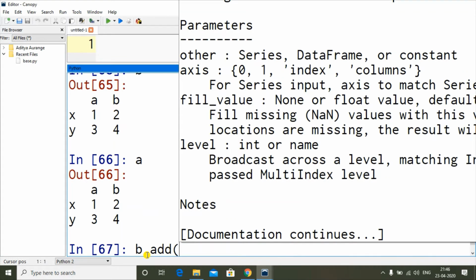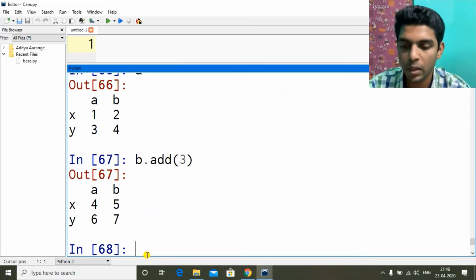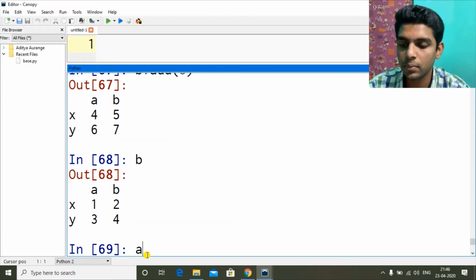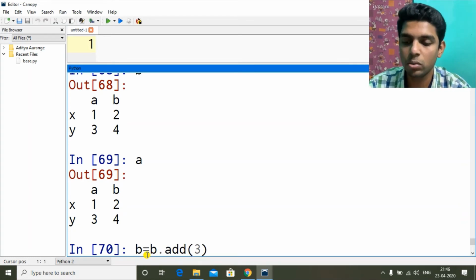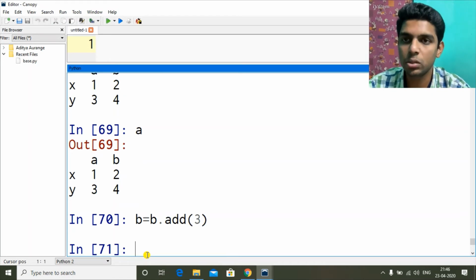Now if I give 3, B is this, A is this. As I said, when you give this, you have to do B equal to, so the output result will get reassigned. It is just showing me what the values will be after the operation. So now B is this.